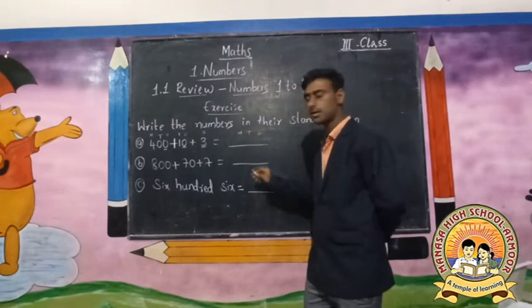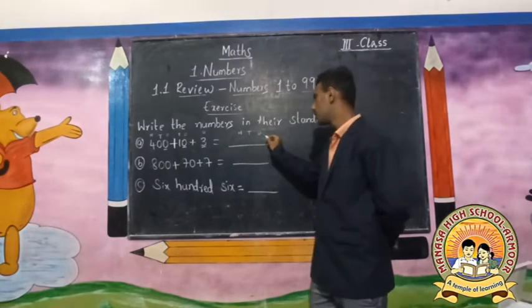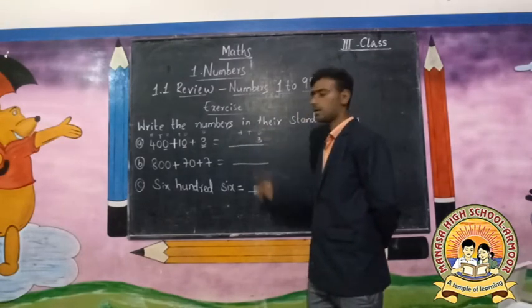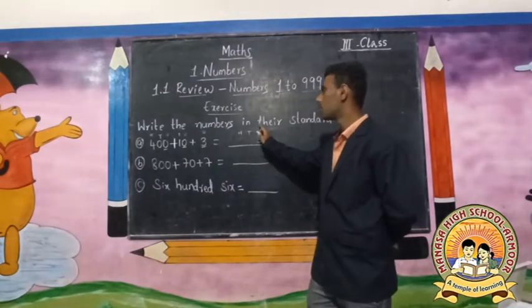So what we got answer? Here 3 plus 0 plus 0. What is the answer? 3 is answer. So write this 3 in ones place. Next,